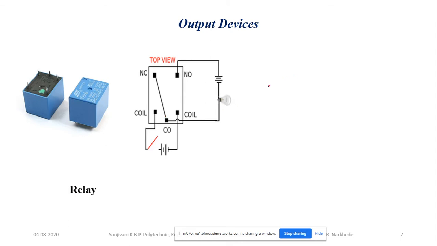Okay, so this is my relay. This is the common terminal of the relay. Now this common terminal is connected to the supply, either positive or negative, depending on which type of connection you want, sink type or source type. We will discuss sink and source types later on. Now this one point is your NC contact, and on the second side it is your NO contact.